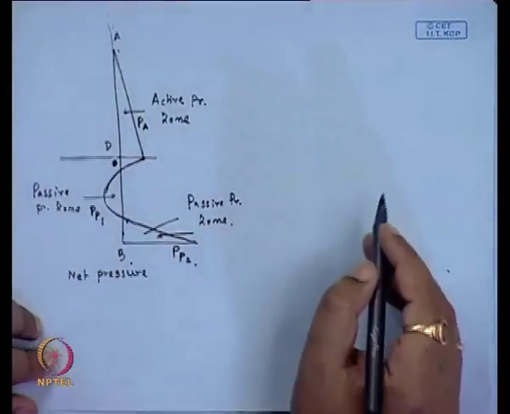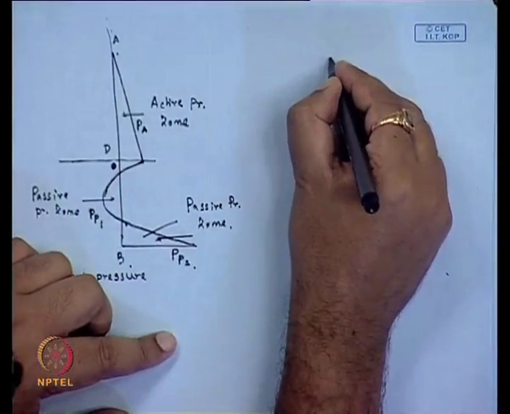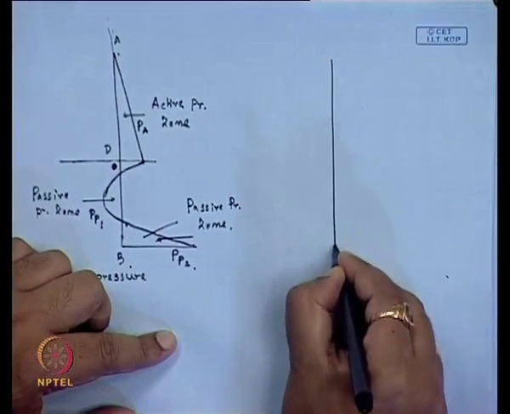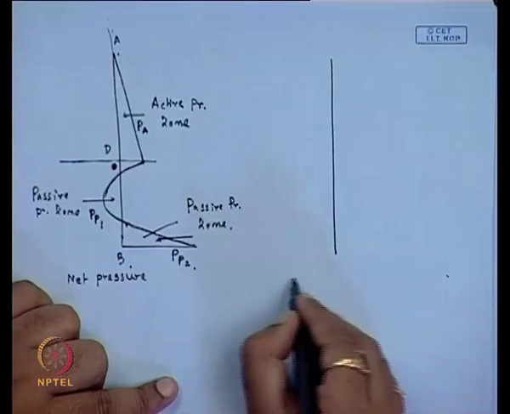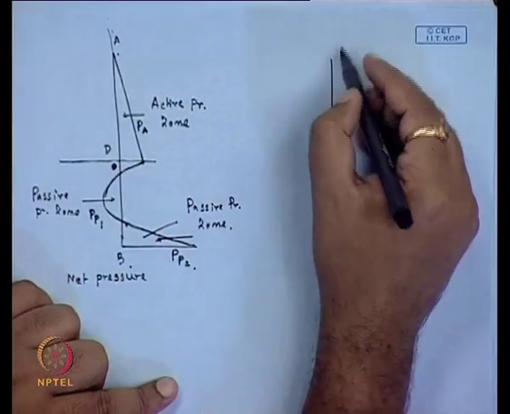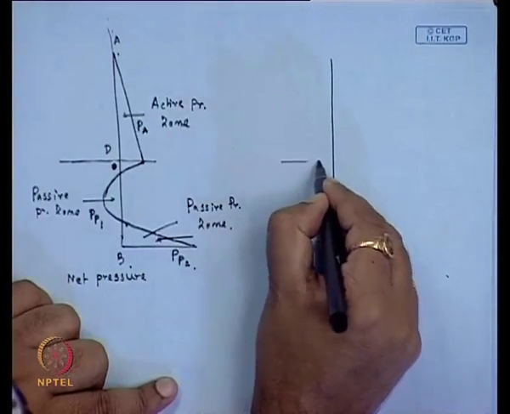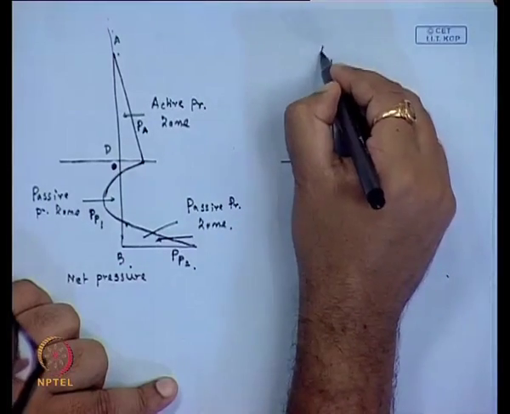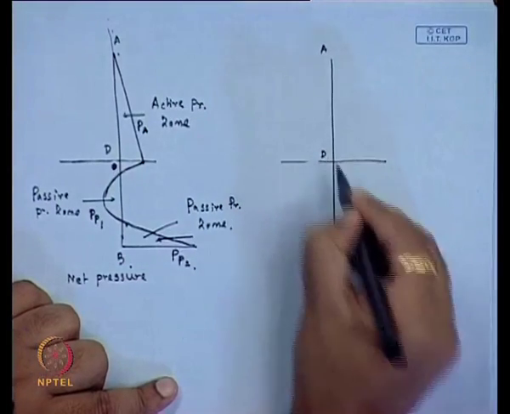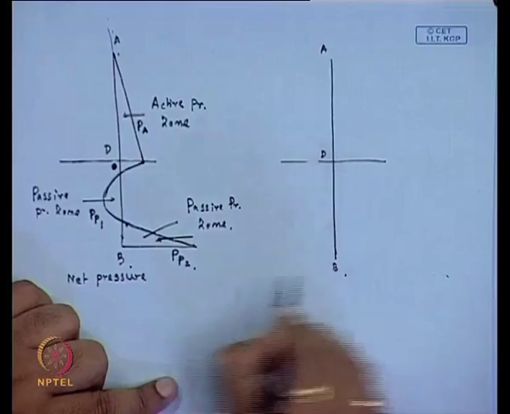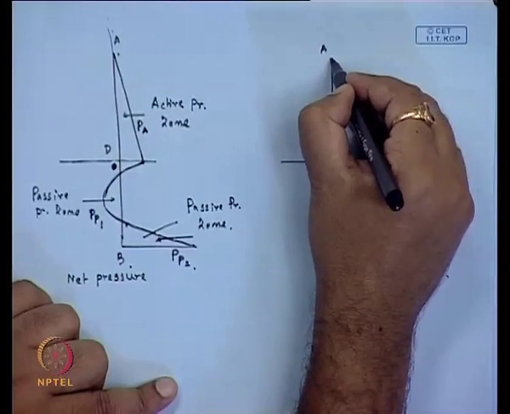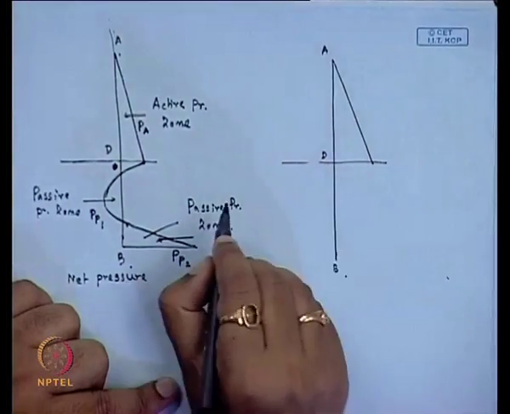To simplify, we can consider one net pressure diagram, where for the same sheet pile, this is A, D and this is B, and this portion is the active